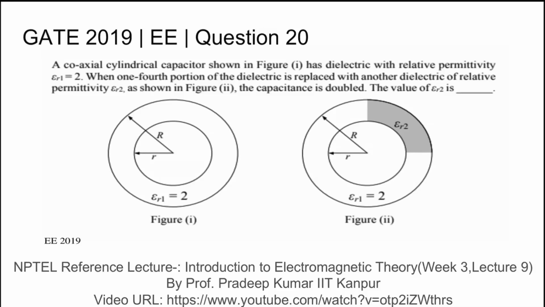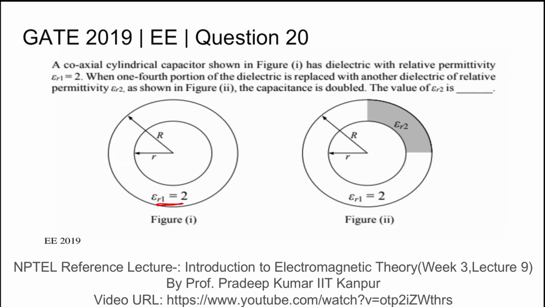This is GATE 2019 electrical question number 20. It says a coaxial cylindrical capacitor. This is the capacitor shown in figure 1. At first it is given that it has a dielectric with relative permittivity of 2. Here you can see epsilon R1, the relative permittivity, is given to be 2, and the coaxial cable is fully filled